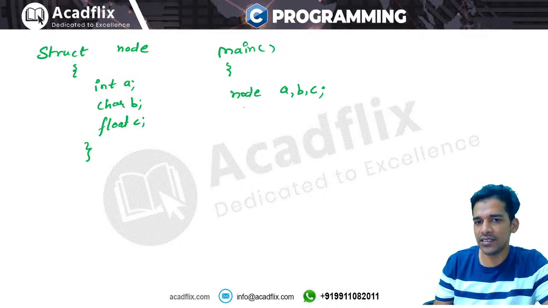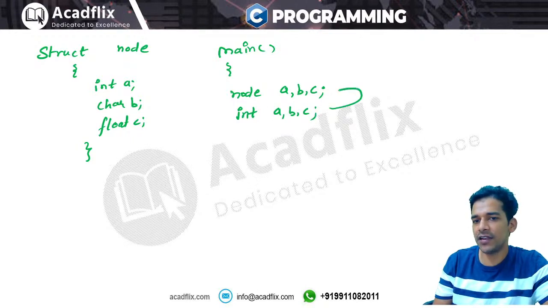ये बिल्कुल इसी तरह से, जिस तरह से आपके इंटीजर ए बी सी है. अगर आप लिखते हो इंटीजर ए बी सी, दोनों की बिल्कुल फंक्शनैलिटी सेम ही है. यहाँ पर इंटीजर भी डेटा टाइप है और नोड भी एक डेटा टाइप है. बस डिफरेंस इतना है कि इंटीजर प्री डिफाइंड डेटा टाइप है, नोड इज ए यूजर डिफाइंड डेटा टाइप. And all these are the identifiers, and you can say variables of the node type, and these are the variables of integer type. So we can declare a pointer also. We can declare a node type pointer.